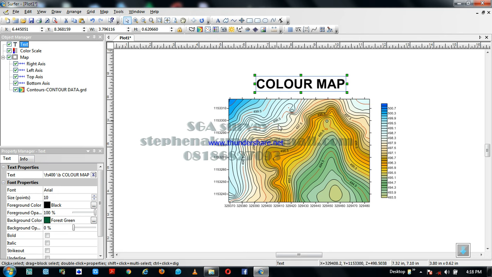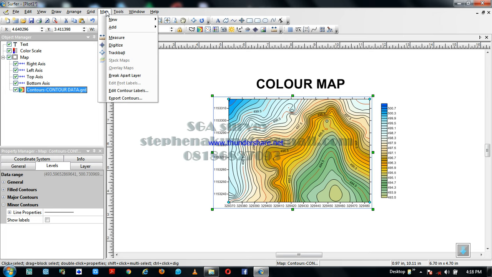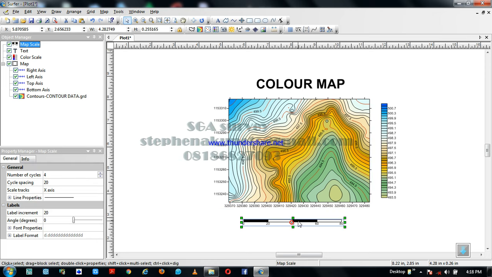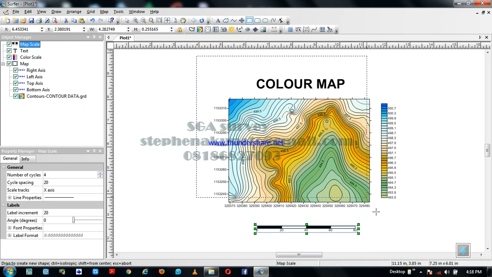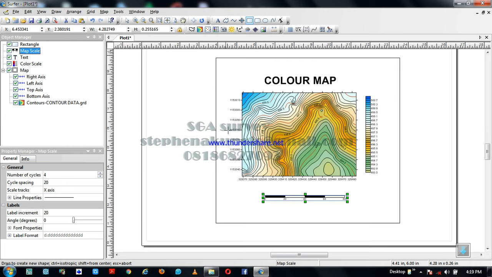So I can add the scale bar by going down to map, add, and down to scale bar. Let me also create a border, clicking on this rectangle and draw. So my color map